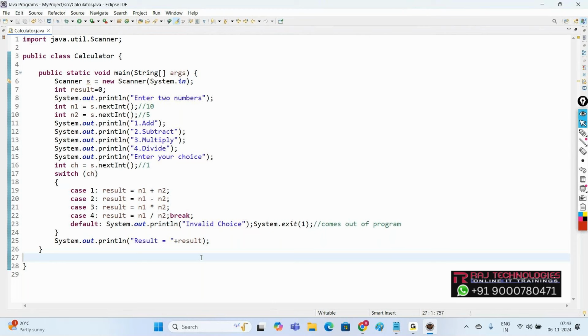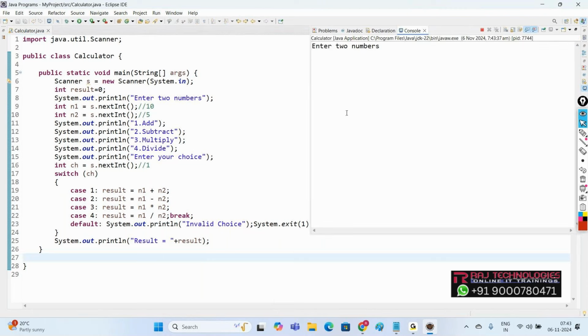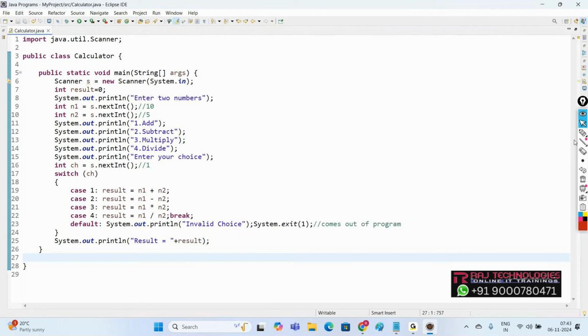See the code? When you run 10 and 5, if my option is even 1, see the result value, 2. It is saying 2 here. Let me elaborate why we are getting 2. If you take this result variable,